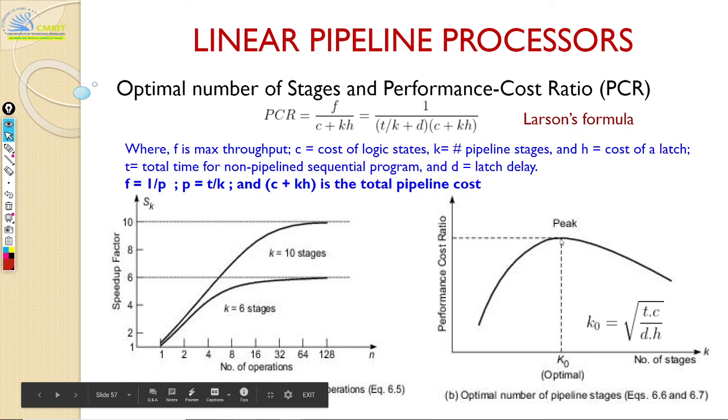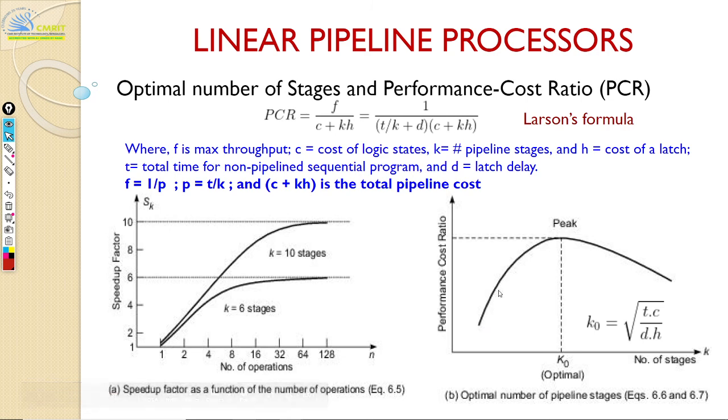With that, you will hit some point like this. It's going to increase as the number of stages increase. Here, with 6, maximum speedup is only 6. With 10, your maximum speedup is going to be 10. If it is 20, is it going to be 20? Probably it is. Let me have 100 stages. If I have 100 stages, will I get 100 as my speedup? No, I will not, because at some point it is going to come down. It's going to hit the peak. This is somewhere around 20 only.